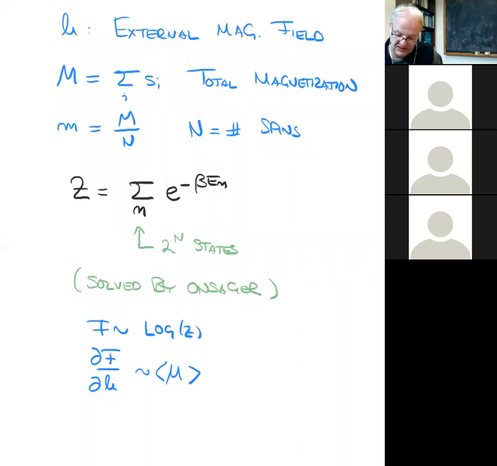So what do we expect to see? Well, if this really is a good model for a magnet, then it should behave just like a kitchen magnet. And the way a kitchen magnet behaves is that if you compute the magnetization as a function of the temperature, then at very low temperature, the state of lowest energy, if you have J greater than 0, is for all the spins to align. So for low temperature, you find that there's a non-zero magnetization, but that magnetization drops as the temperature increases, and it drops all the way to exactly 0 at some particular temperature.